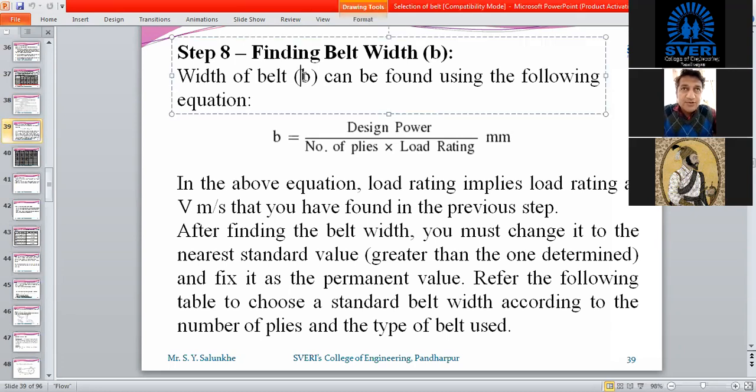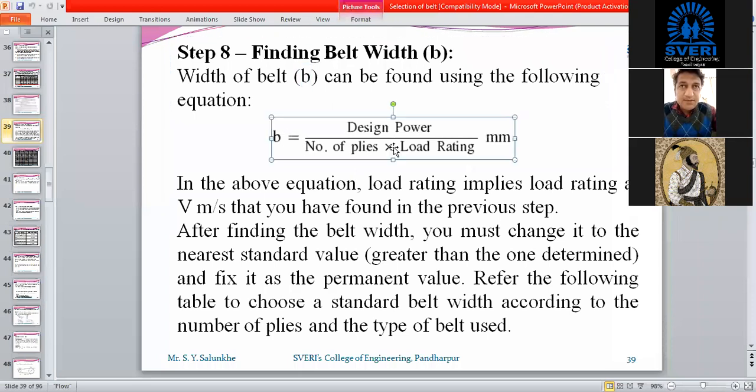Now, this width is denoted by small b, and is calculated with the formula: design power divided by the number of plies for that belt from step number 7, multiplied with the load rating.